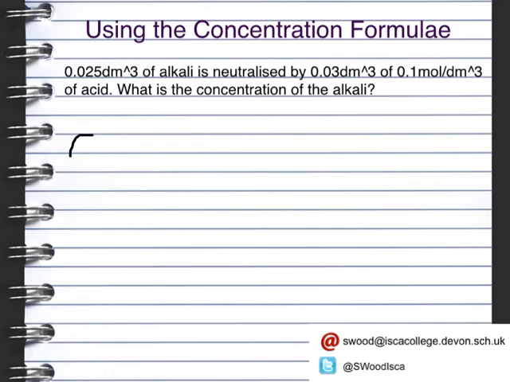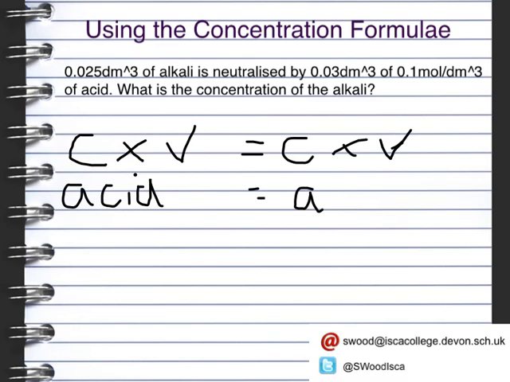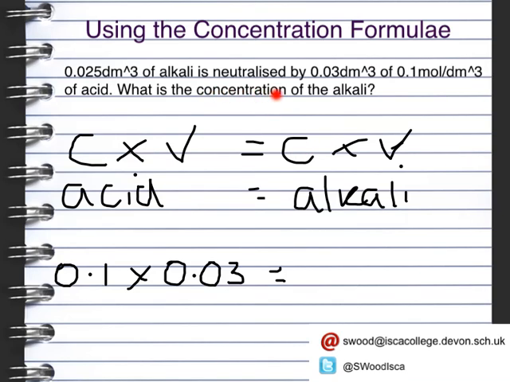So if we put in our equations, C times V is equal to C times V. So we've got the acid on this side and the alkali on this side. We can identify what is what. So the concentration of the acid here is this value here. So we've got 0.1 times by the volume of the acid, which is here, which is 0.03. Now that is equal to the concentration of the alkali, which is what we're trying to work out here. So that is our unknown multiplied by the volume of the alkali, which is here. So that's